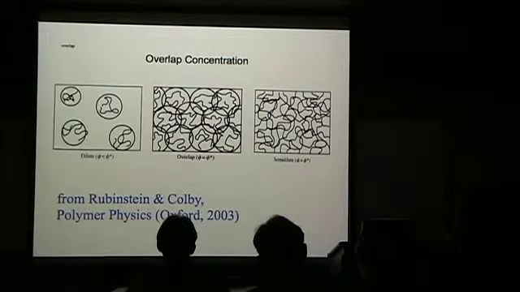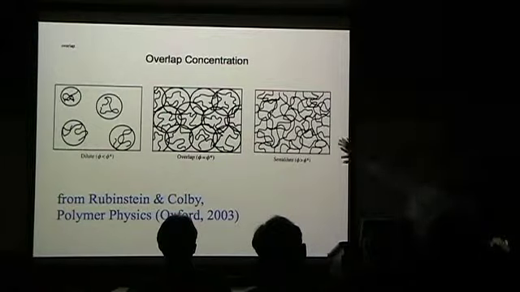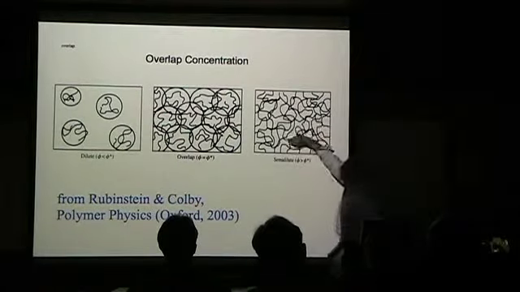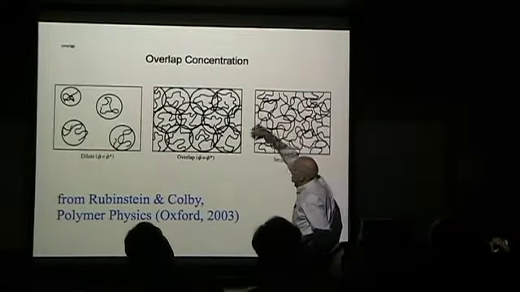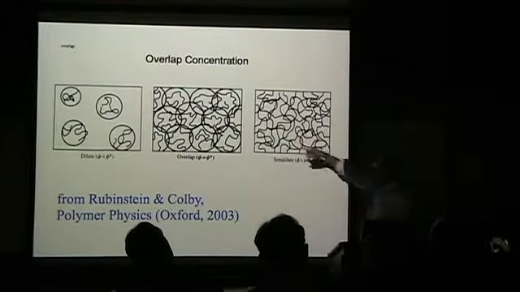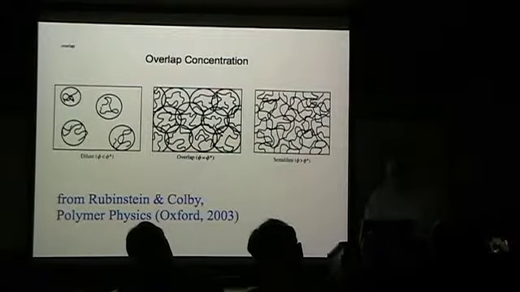And then, when you go to very high concentrations, they kind of lose their identity. They're just a mass. And I don't know if this was one line or what kind of line it was, but you can see that this can easily turn into that. And you can see there's a kind of transition between two kinds of behavior, going between two limits.